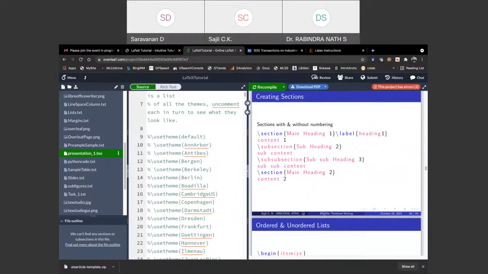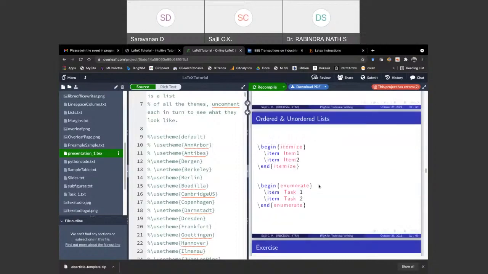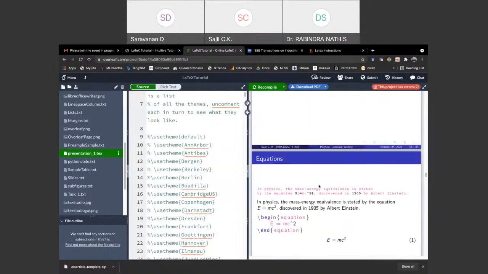There is a community for LaTeX in Stack Exchange. As you know, Stack Overflow is a sister website of Stack Exchange. There are many other Stack Exchange communities such as operating systems, Linux, etc. So there is one community for LaTeX also, where you can post your question along with the bugs you are facing. Then someone will answer your query.